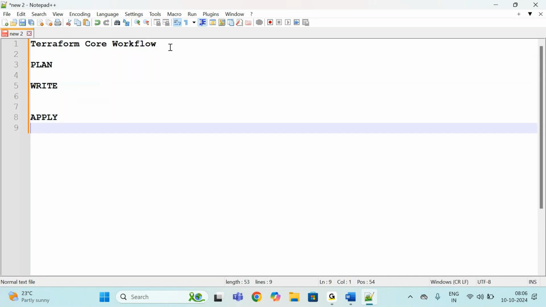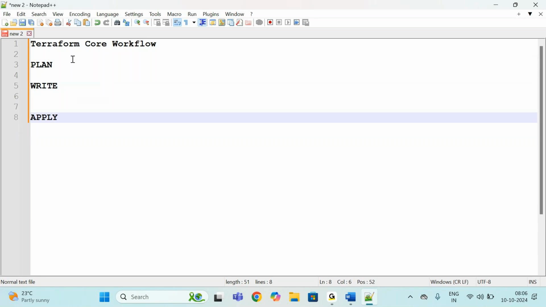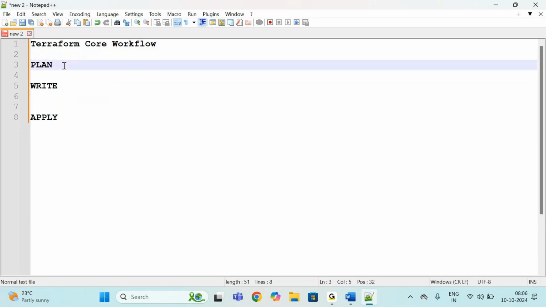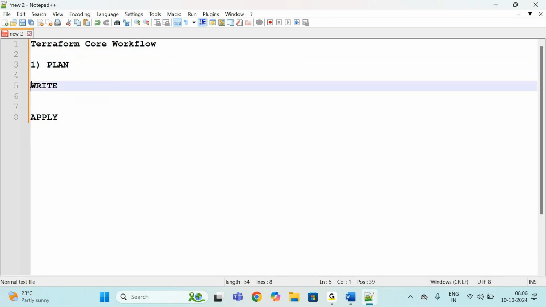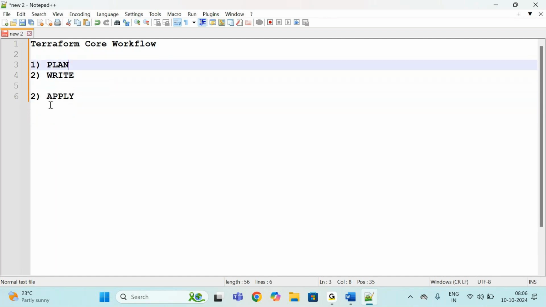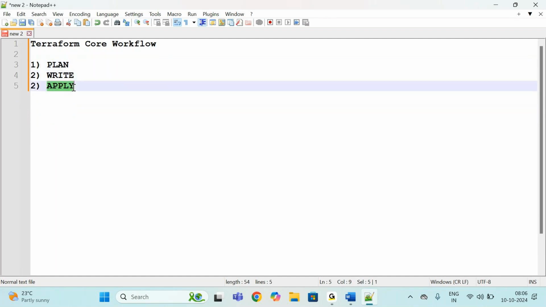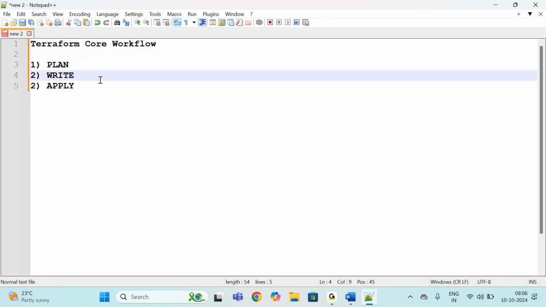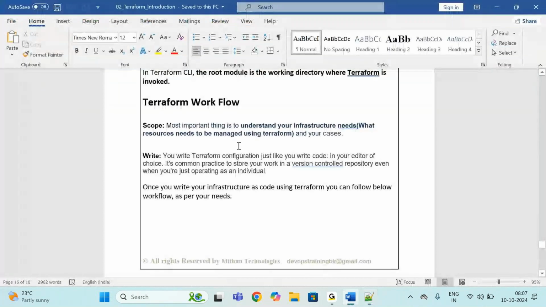Basically, plan is nothing but identifying the scope of the resources. Here we have three important stages in this Terraform workflow: plan, write, apply. Apply can be whether you want to create, update, or delete, whatever you want to do. The most important thing here is to understand your infrastructure needs, like what resources need to be managed via Terraform. After identifying the scope,